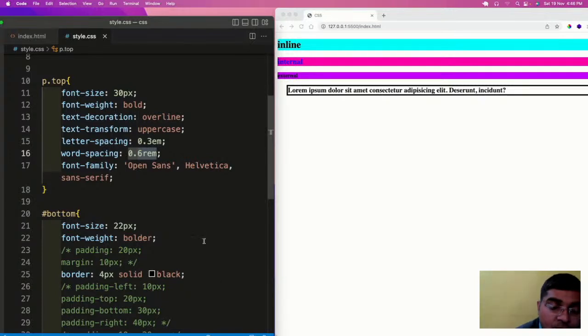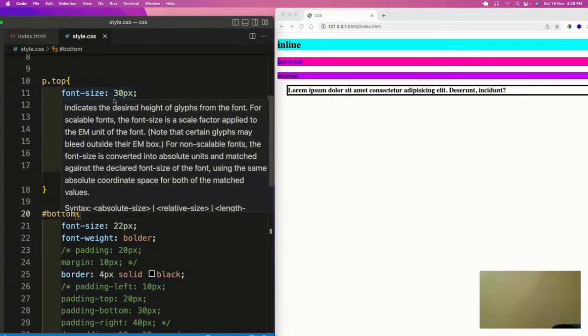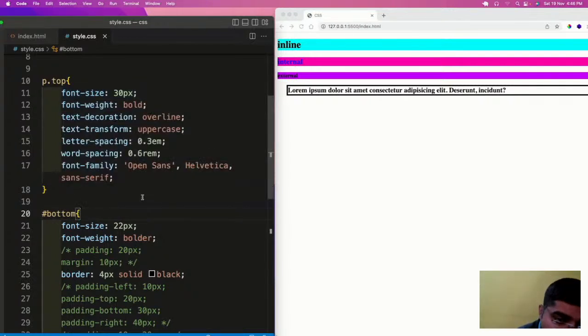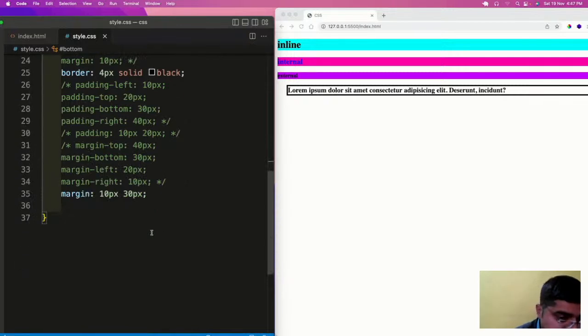Similarly, we have px, em, and rem. Here, px stands for pixel, and it works independently, and rem is also a unit of measurement which works independently. But em depends upon the value of the parent. That is why px and rem are the most commonly used units of measurement, which work independently.